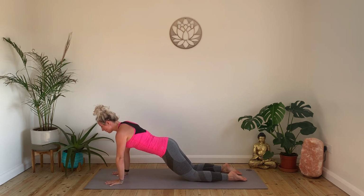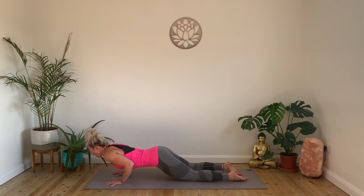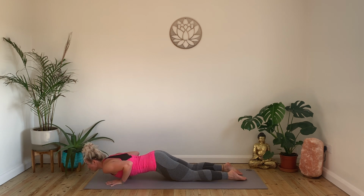Okay, from here, let's do some chaturanga push-ups. So elbows are staying tucked into the body. You're going to take your body down, keeping the navel lifted, and then push up before you find the floor. So let's do 8 of these together. Palms are spreading, we're going to go down and push up for 8,